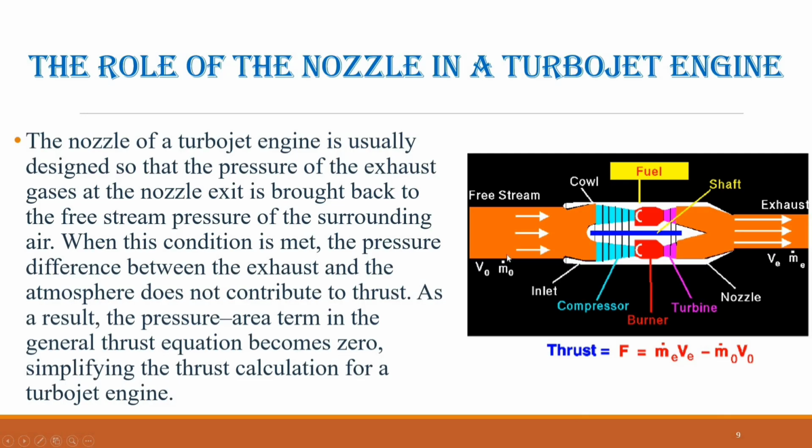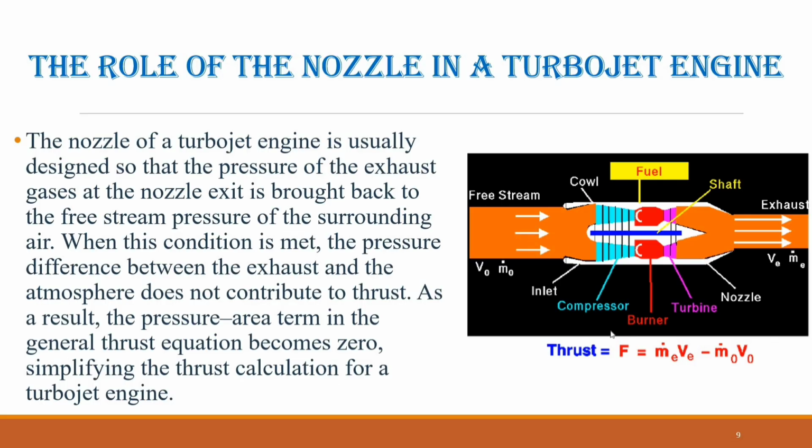When the free stream conditions are identified using a subscript 0 and the exit conditions are identified using a subscript E, the thrust produced by the engine can be expressed in a simplified form. The thrust, denoted by F, is equal to the mass flow rate multiplied by the exhaust velocity at the exit minus the mass flow rate multiplied by the free stream velocity. In equation form, this is written as: